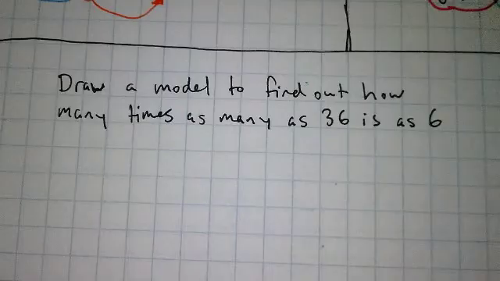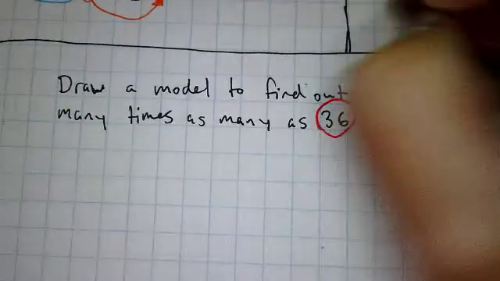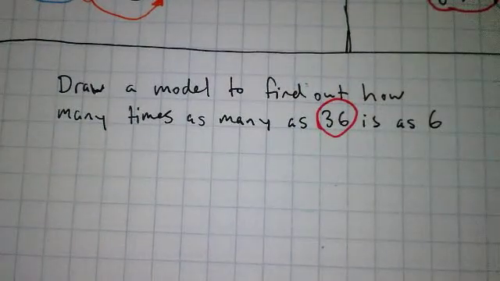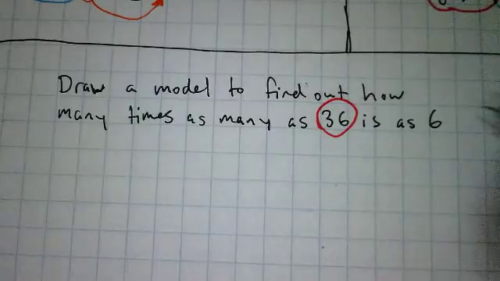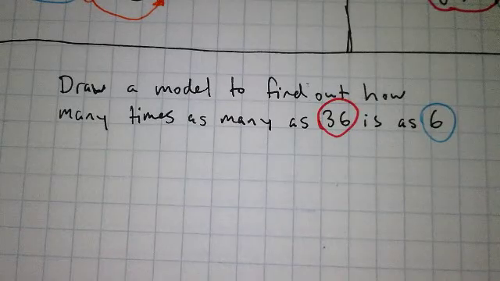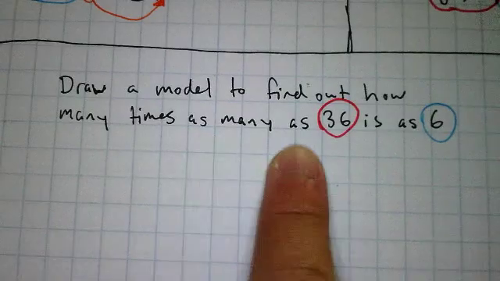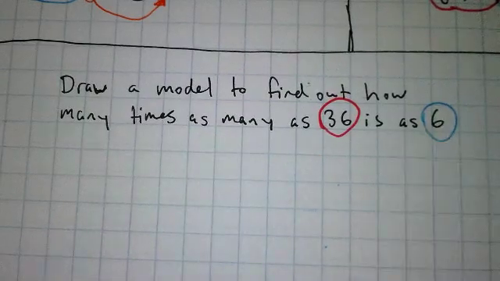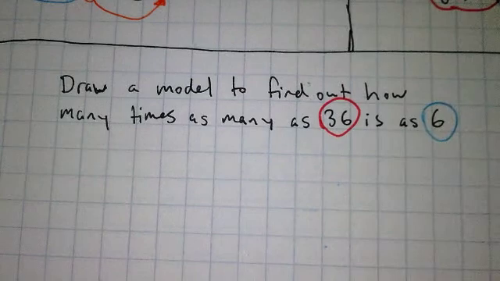All right. So, a couple things to note here. First things first, we want to look at the numbers that we do have. We have 36, yes? And we have the number 6, okay? So, 36 is definitely going to be our biggest number here, right? Because it's how many times as many as 36 is 6. So, we need to get to 36, okay? So, we're going to have here